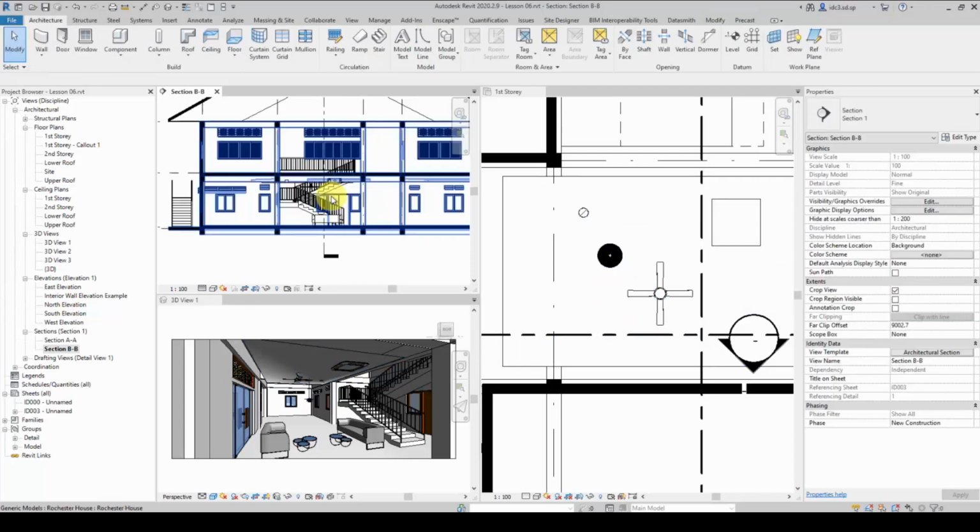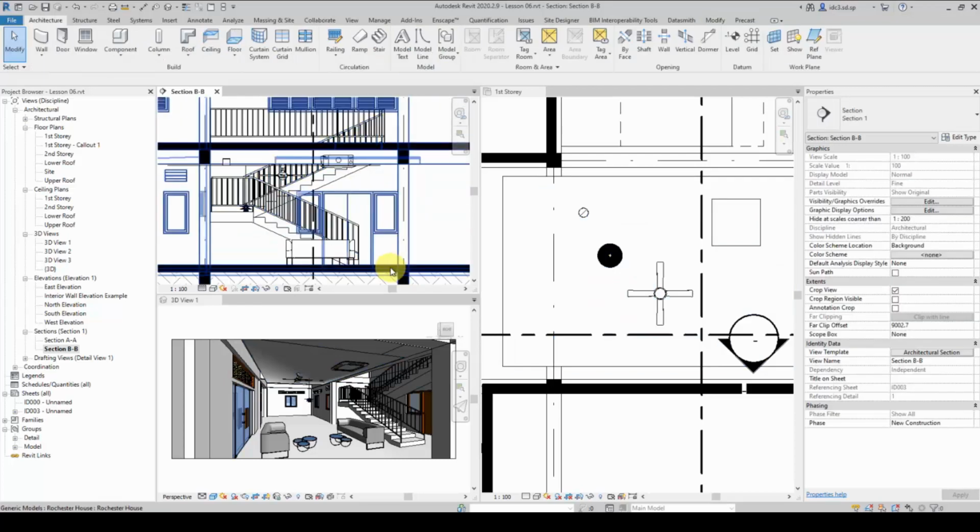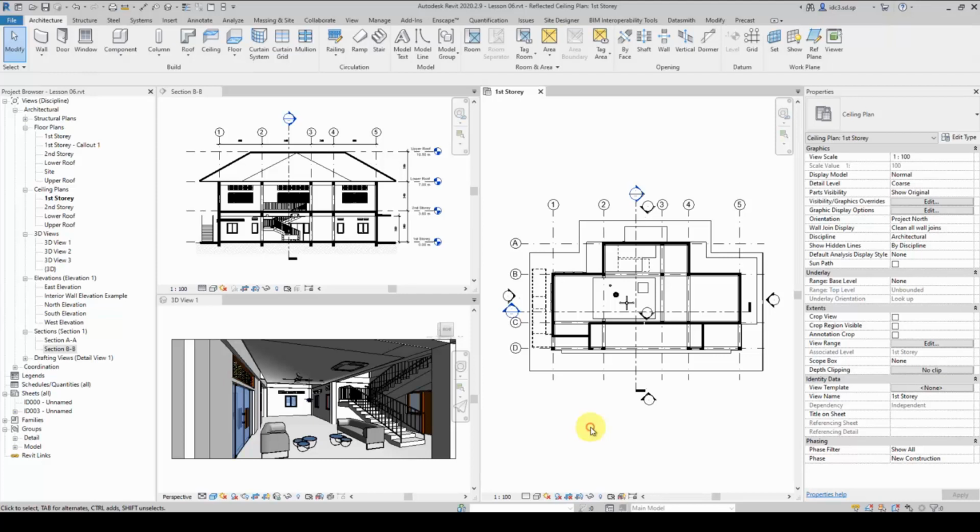Hi, can I ask? Lexi, hello. Just so when I'm doing the walls in the model